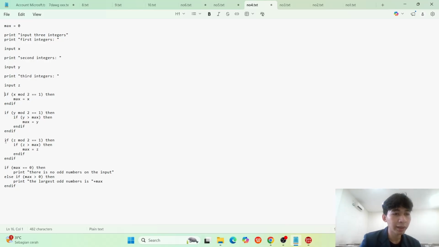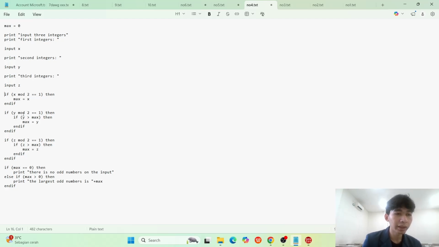And then in the third decision, for the z: is the z value modulo 2 equal to 1? If yes, then we run another decision. Is the z value bigger than the max value? If yes, then the max value changes into the z value.